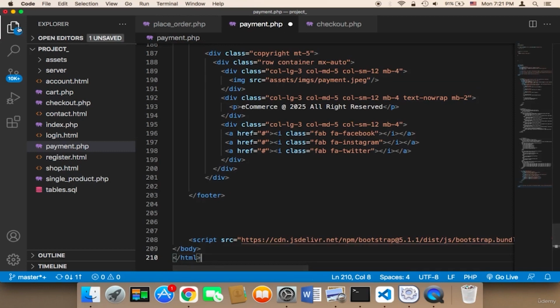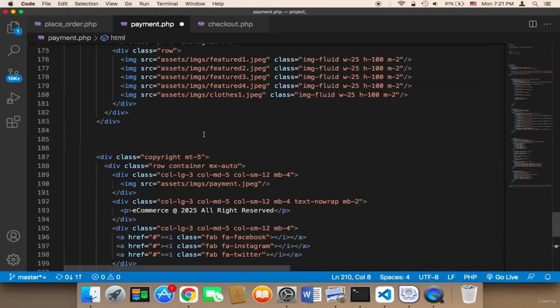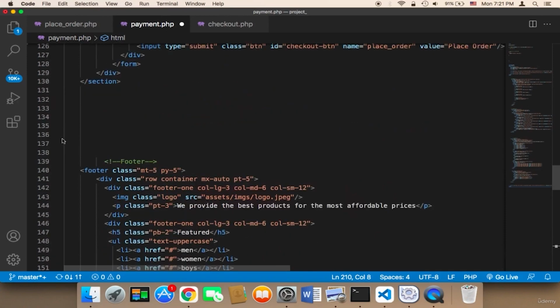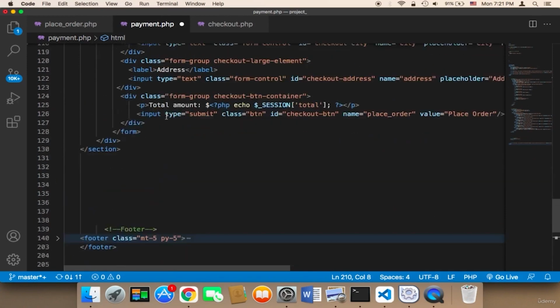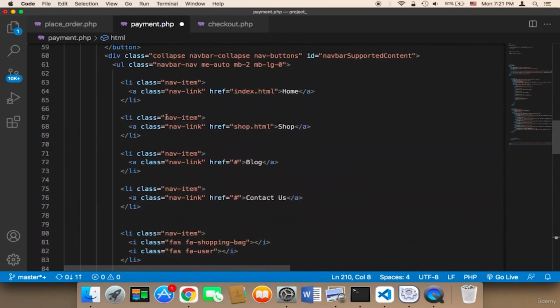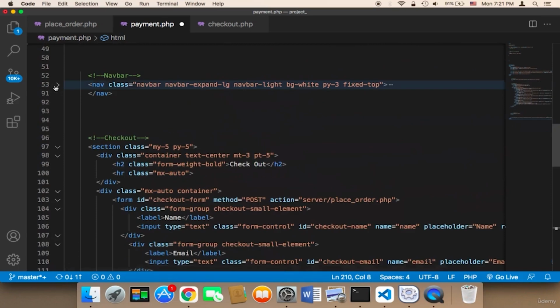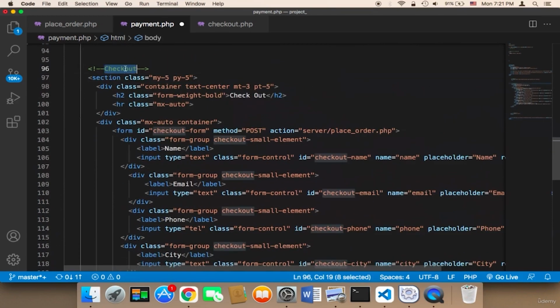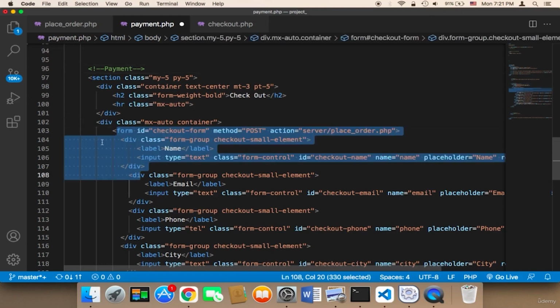And in the payment.php, what I'm gonna do is that first I'm gonna close down this footer because I'm not gonna work on the footer. The footer is gonna be the same. And I'm gonna close down also the navigation bar. And in between we have the checkout. Instead of checkout, I'm gonna say payment. And here I'm gonna remove many things. So I'm gonna remove this form. Actually, we just need to remove this form. I'm gonna remove this form